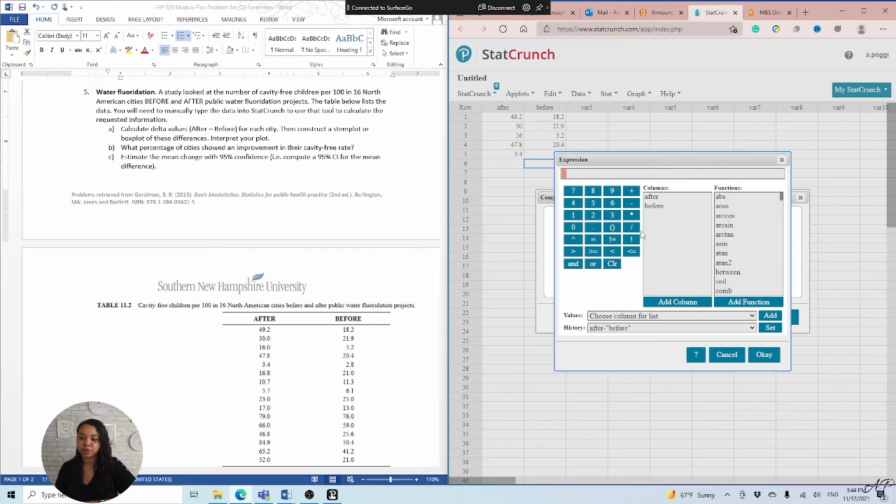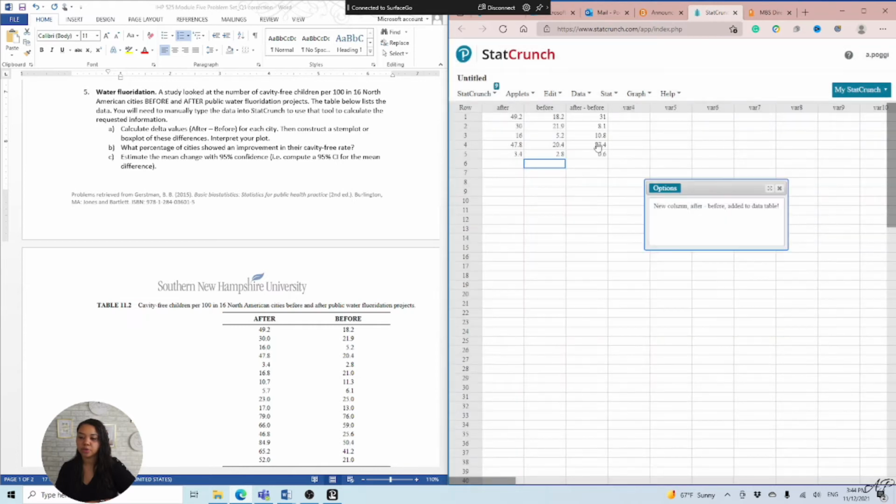You can build the expression and say after minus before, okay, compute, and then you're going to have it right here. You just simply do 49.2 minus 18.2, it's 31, okay? So you're sure about that. You can also change the name of after minus before to delta if that's something that you feel comfortable with